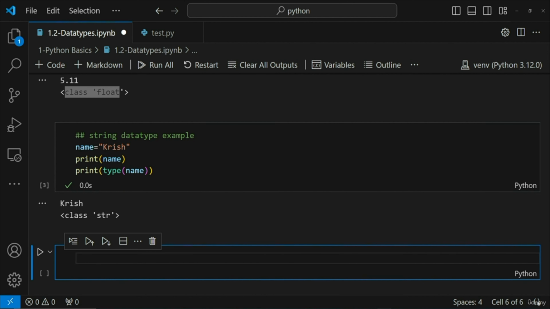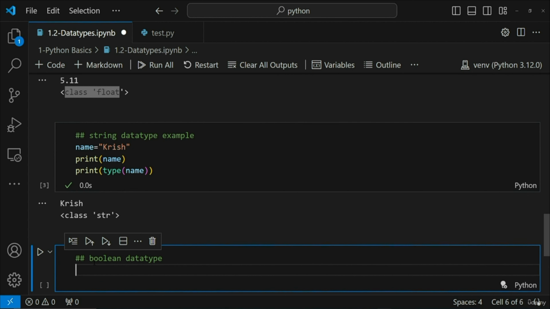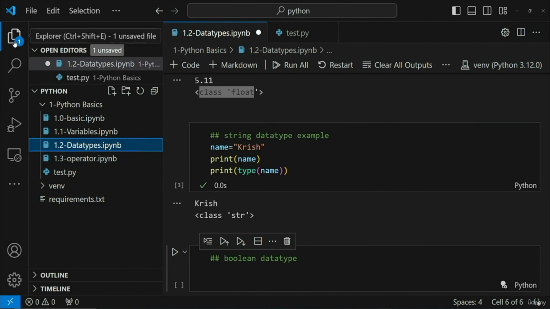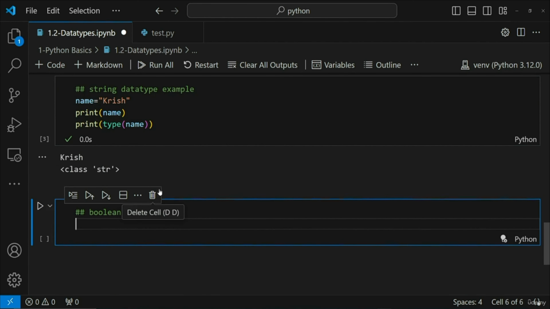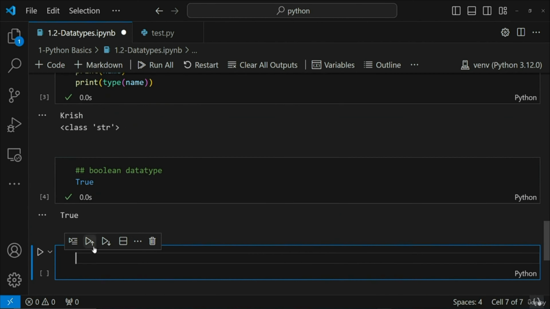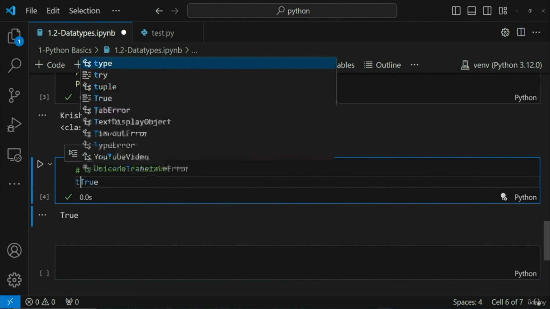Similarly, one more common data type that we will be using is the Boolean data type. Again, I'm not showing you many operations because operations will come as we go ahead in our next tutorial, where we'll be learning about operators. At that time, we'll discuss more about how we can use these and do different types of operations. For Boolean, I can directly define True or False. If I use True, this is basically a Boolean value. If I go ahead and see the type,